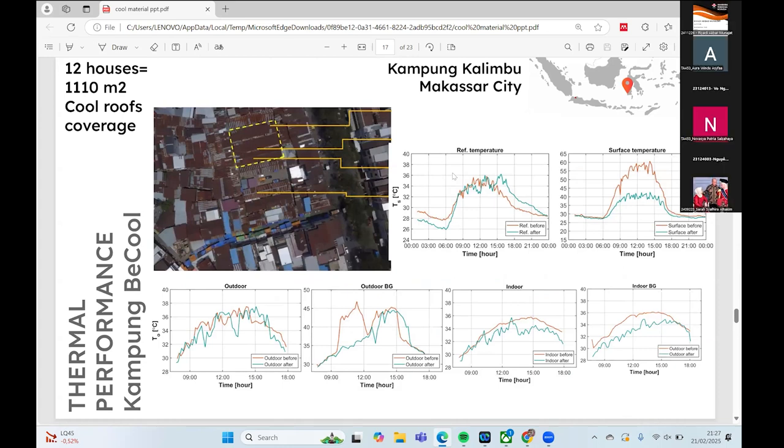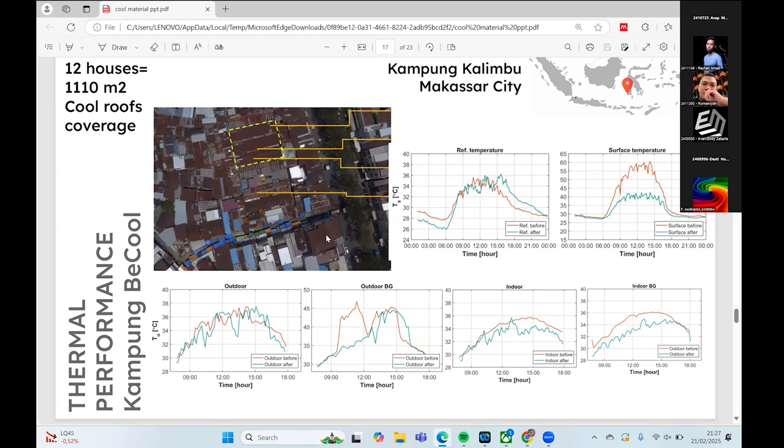When we use the cool material, we need to know that the situation has to be not too dense, with the houses not too close to each other, since the density of the houses in this area is very big. We can see here that even though the surface temperature is decreased,